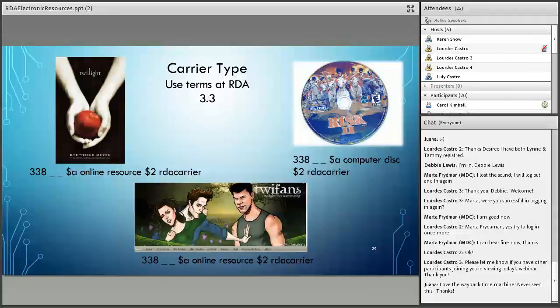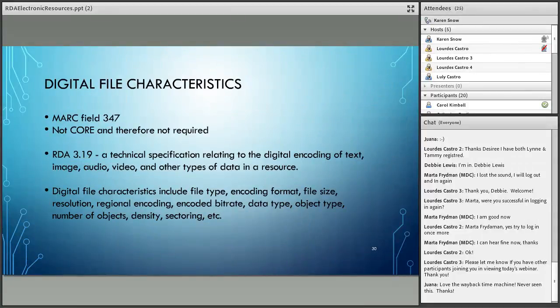So there we go. Now, finally, I'm going to look at this one field that I haven't really talked about before, the digital file characteristics, a new field, MARC field 347. It is not core and therefore not required, but helpful, if you do know the information needed for this particular field.